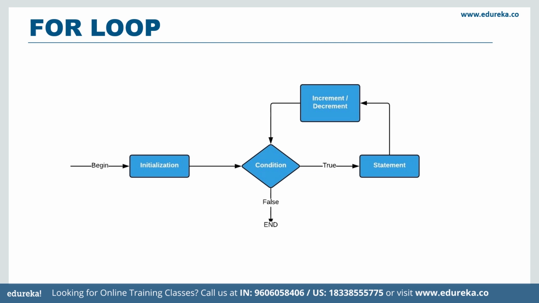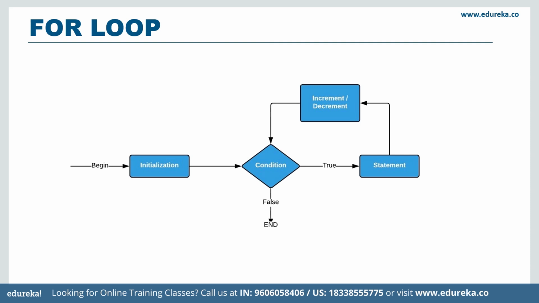So this particular flow chart resembles the workflow of the for loop in C#. The control begins at the initialization stage. Followed by that, the control enters the condition. Here, the compiler will check the condition, and if the condition is true, then the statements inside the for loop will be executed. And followed by that, the control enters the increment or decrement statements, where the initialization variable will be incremented or